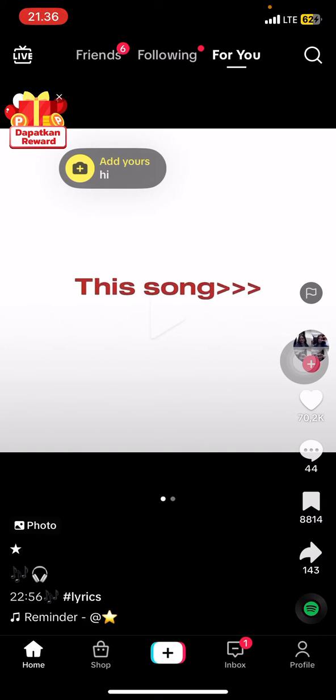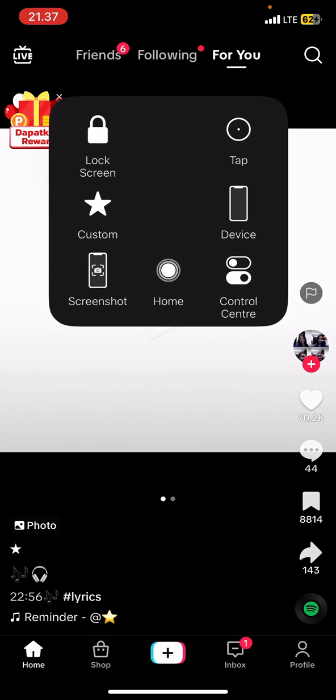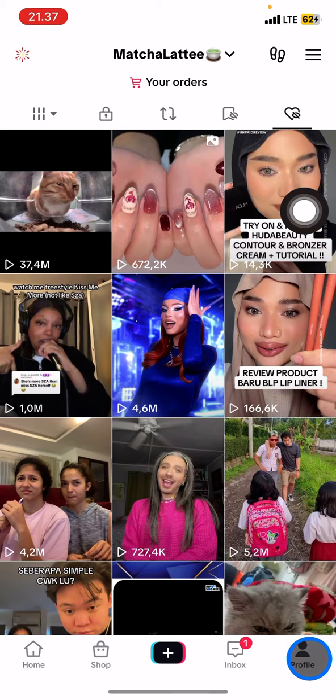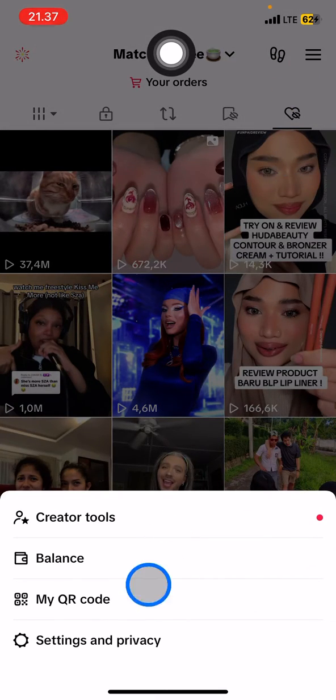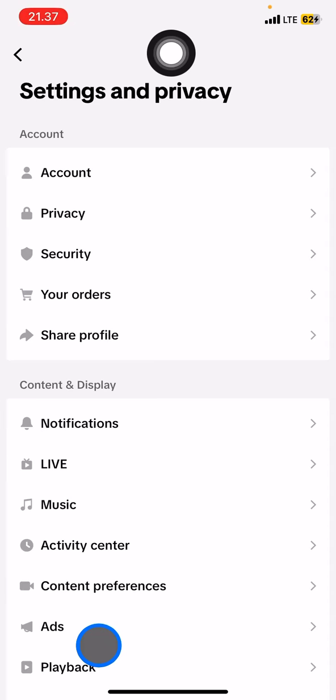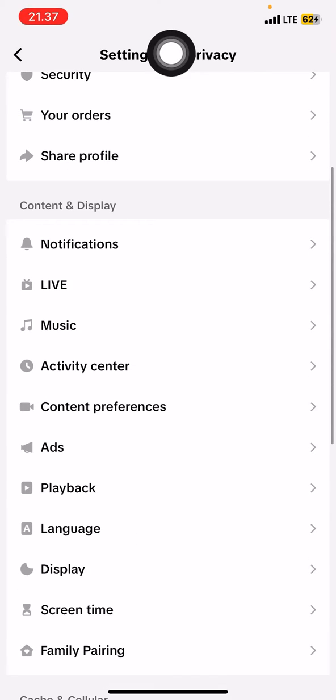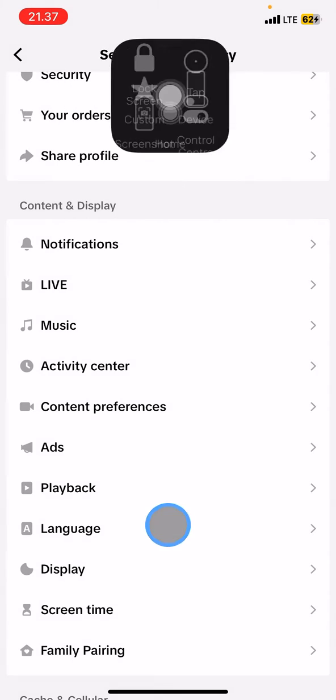So what you have to do is open your TikTok application, and now we need to jump into the profile section. Whenever you are in the profile section, make sure that you go into these three straight lines right here and click settings and privacy. In settings and privacy, you just need to scroll down until you find this content and display